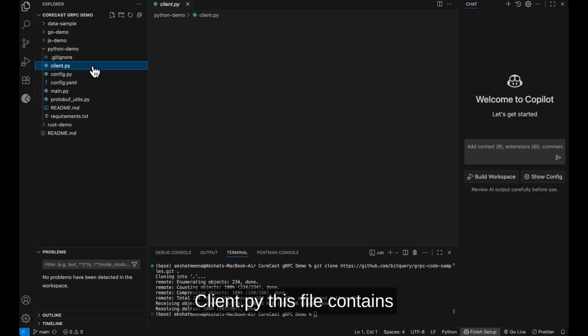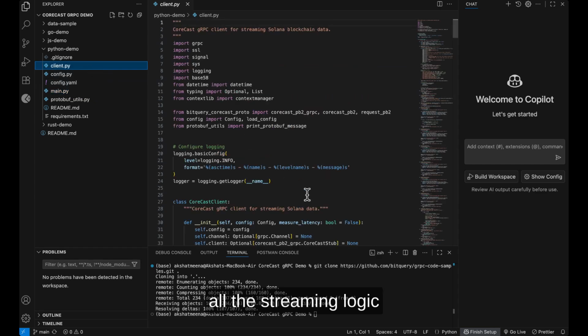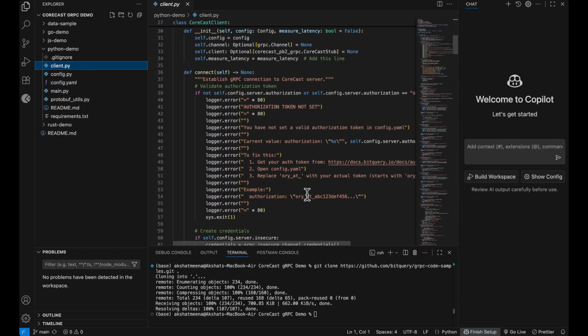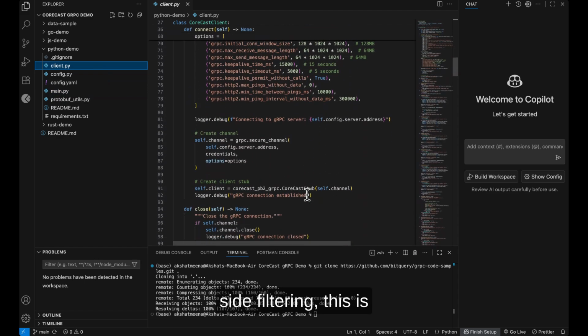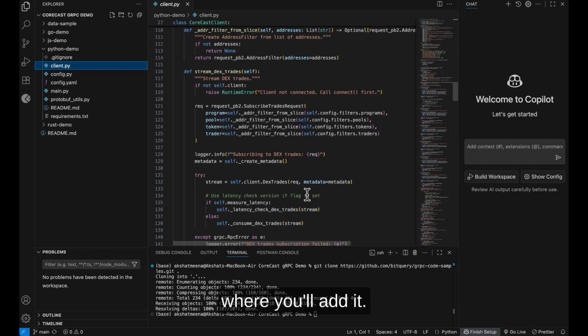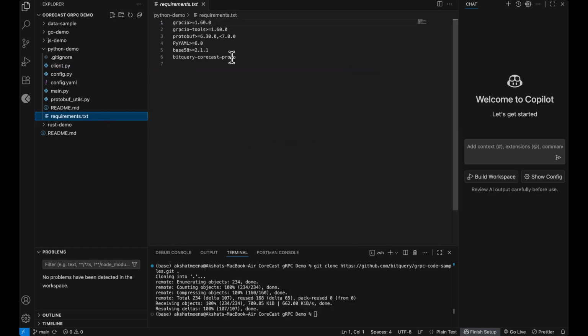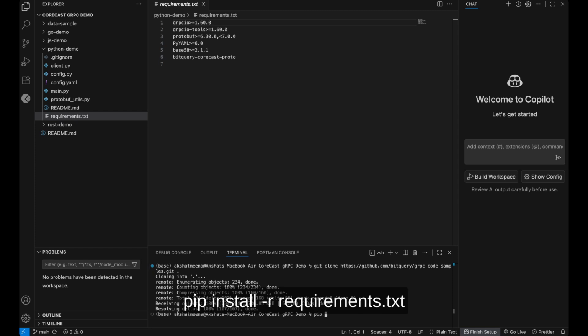client.py: this file contains all the streaming logic and message processing. If you need custom client-side filtering, this is where you'll add it. requirements.txt lists all dependencies. Install them with pip install -r requirements.txt. Now let's dive into